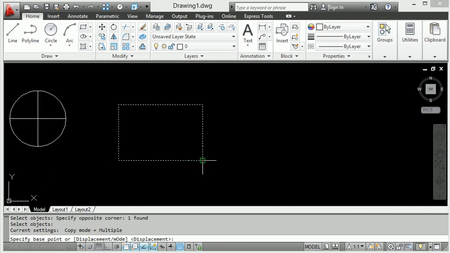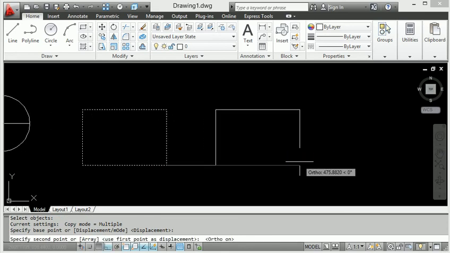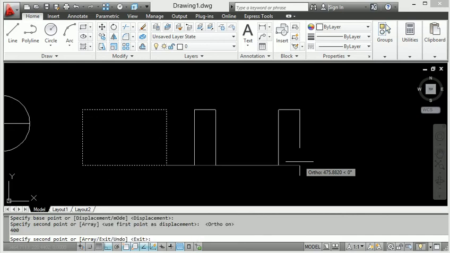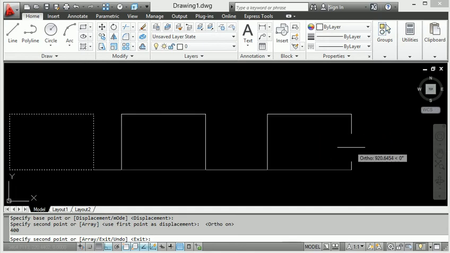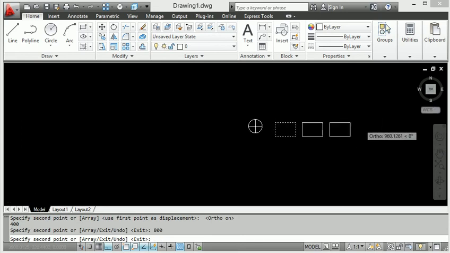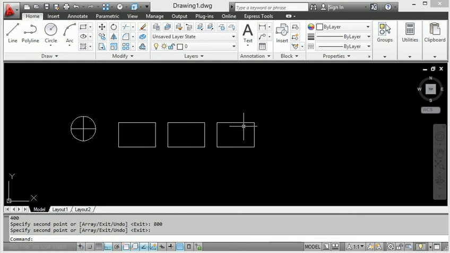And now copy means we provide a distance, like 400 distance, to create another rectangle, and also 400 more, getting 800, for another rectangle.